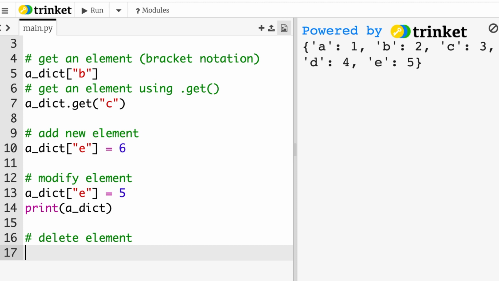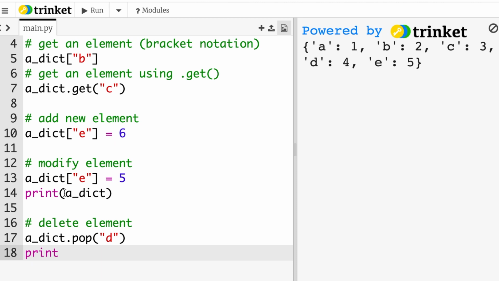Alright, you can also delete elements if you want to. To delete an element, you're not going to use bracket notation. We're going to use a method called pop. So for example, what you can do is use the dictionary variable name dot pop, and then your key here. And then if you want to print out a dict,